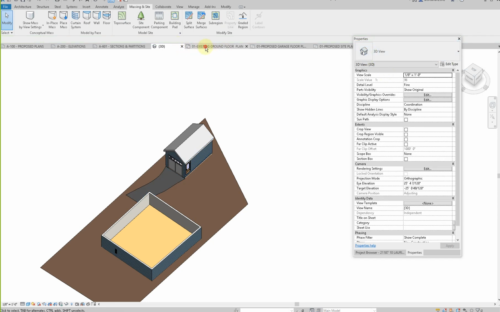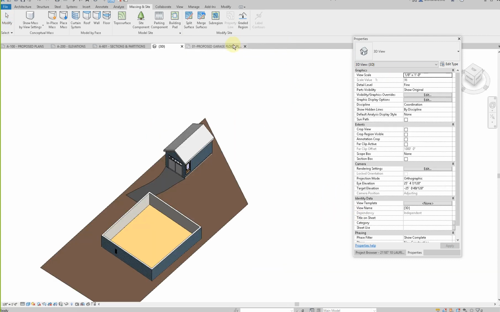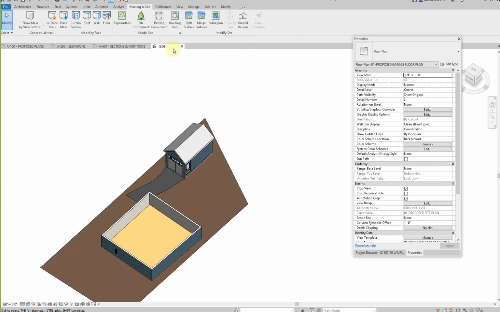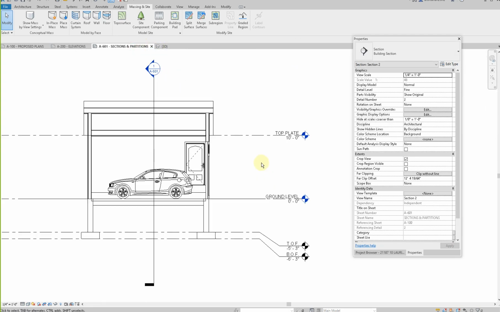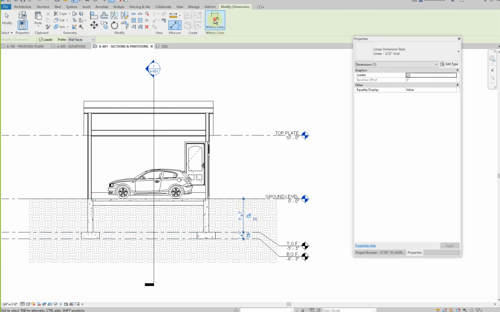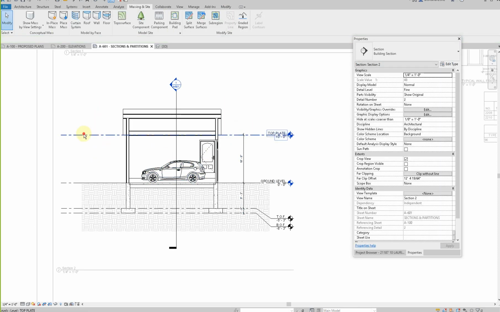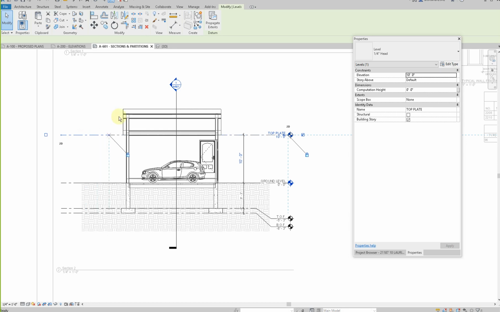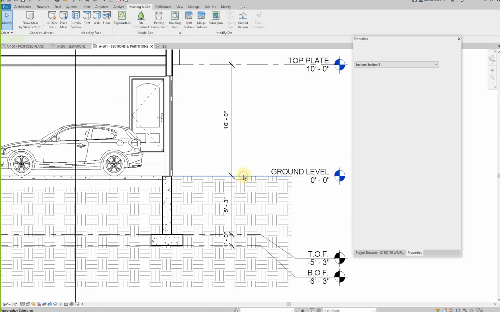Alright, so that's starting to look more like a nice set of drawings. Let me just close these things. I mean, you can begin to pop in dimensions on these. This is all gonna change, but I'm just showing it for now. You can just clean this guy up. I always like to make sure the ground line